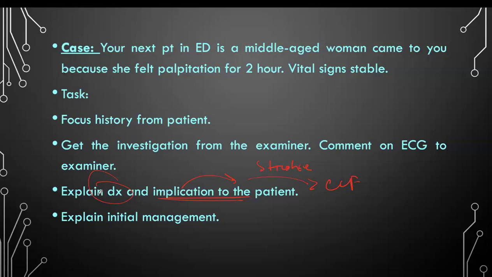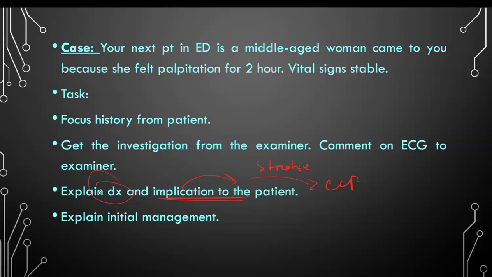So say that most likely from history and ECG, it looks like you might have a condition called atrial fibrillation. It is a condition in which your heart beats faster than normal, but the main issue is that it beats chaotically in an irregular rhythm. Because it is beating faster, your heart is not getting enough time to fill. So sometimes along with the racing of the heart, you also don't get enough blood supply to your brain, so you feel giddy and dizzy. Okay, just that. That's fine.